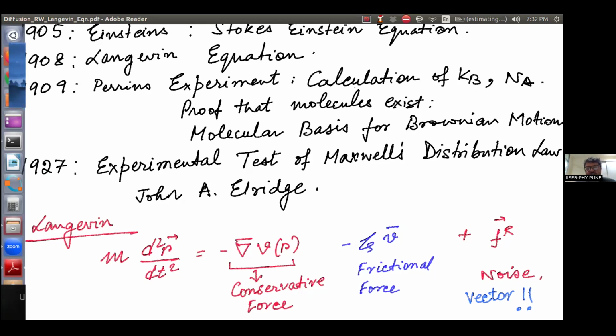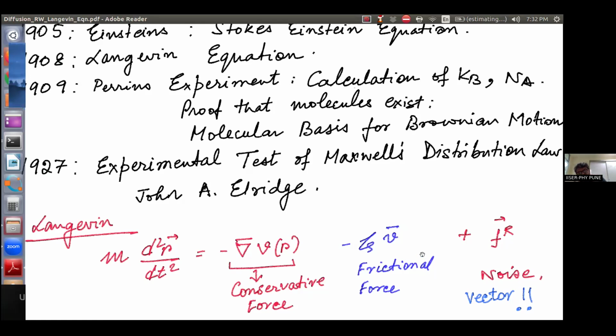So why are we writing down the equation? We are writing down the equation because we want to have a quantitative idea rather than just say, oh, it is moving in random directions. We want to know how much it is moving, in how much time. To have these ideas, we need an equation, and that equation again has to be verified by experiments to check whether it is correct or not, because we can come up with multiple equations, right? So what Langevin proposed is m d2r/dt2 equal to minus grad V, and the effect of the fluid collisions,